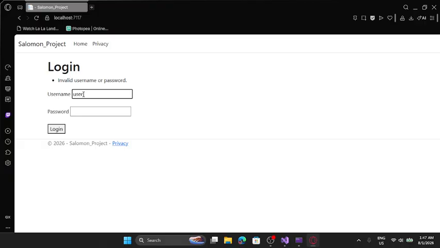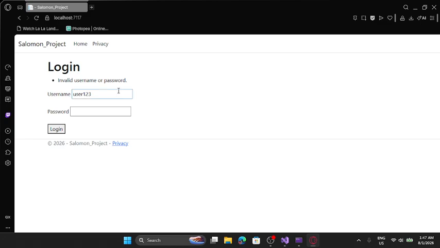User 123, password 3. If the length rules pass but the credentials don't match our hard-coded values, it triggers the ModelState.AddModelError and displays invalid username or password. So there you go.